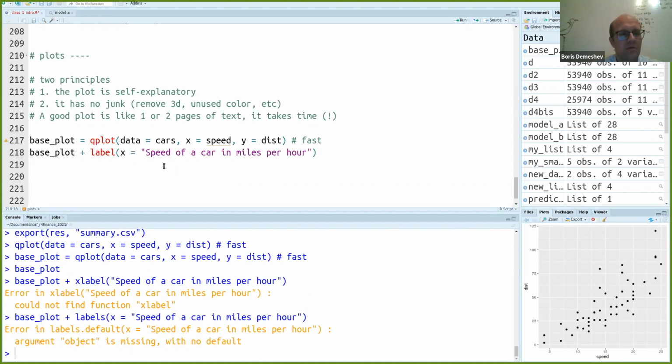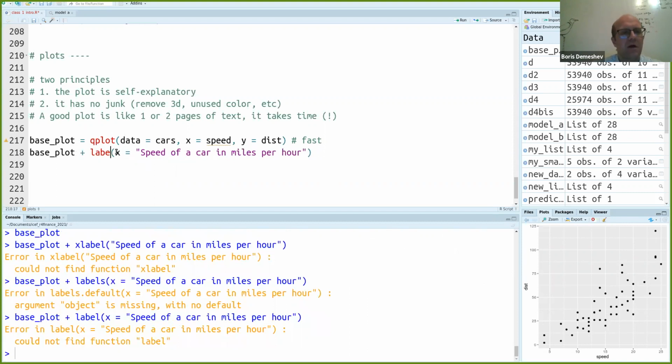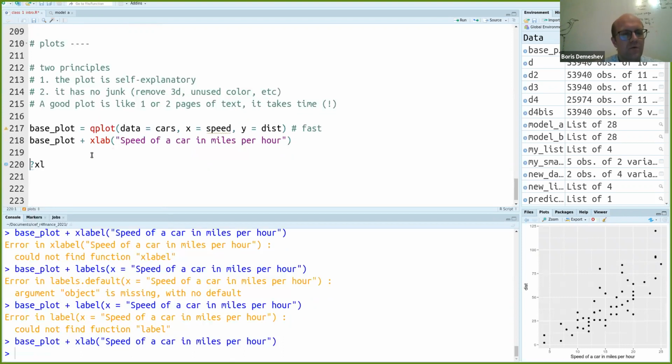Okay, xlab. Yeah, okay, xlab. I'm modifying my plot further. Ylab: stopping distance in feet,